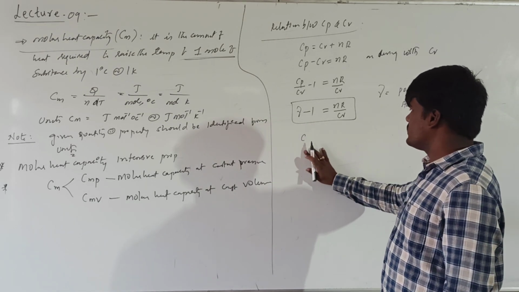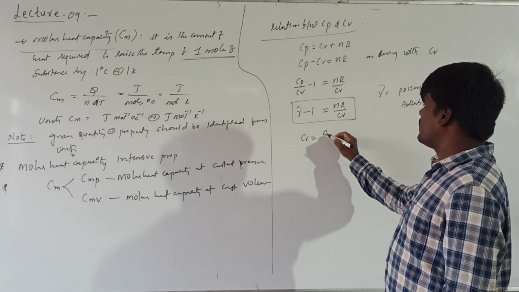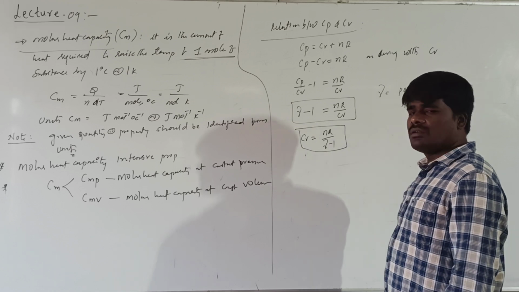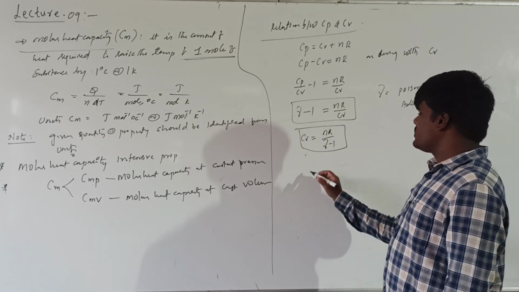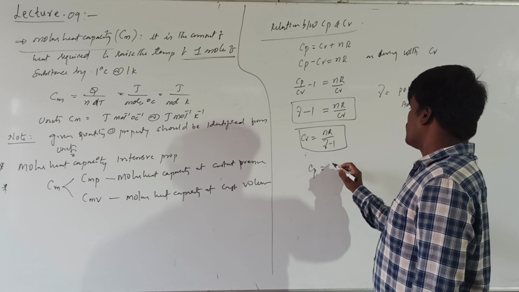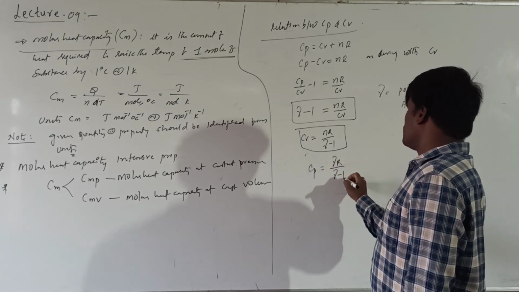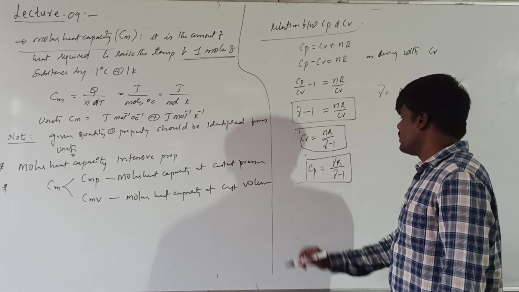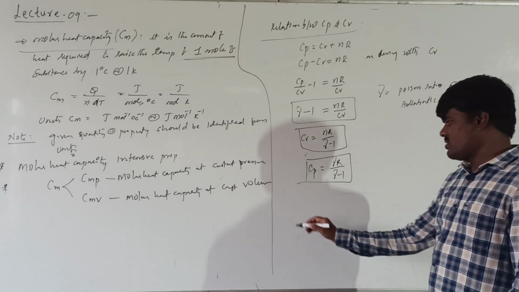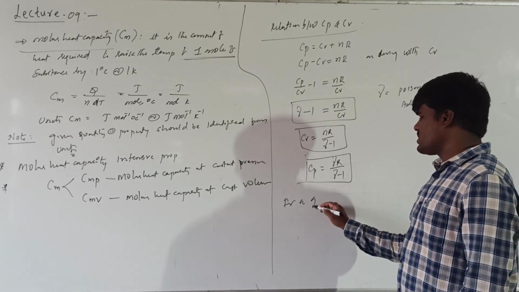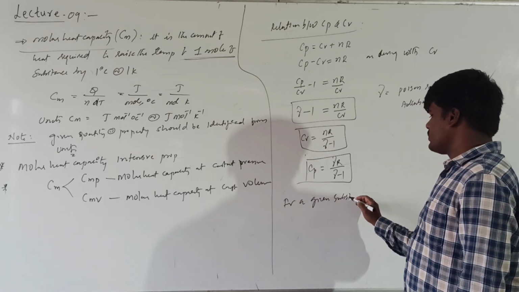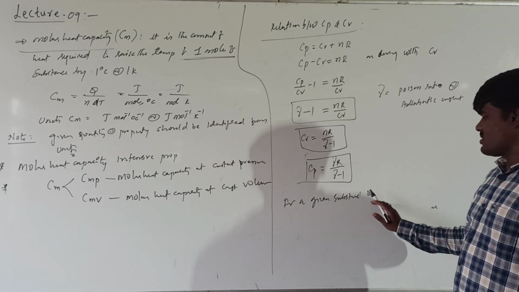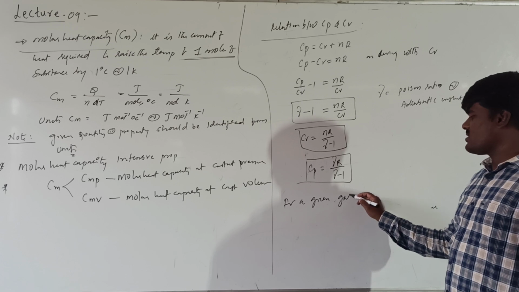From this we can write Cv will be equal to nR by gamma minus 1, right? And Cp will be equal to gamma nR by gamma minus 1. Okay, for a given gaseous substance,